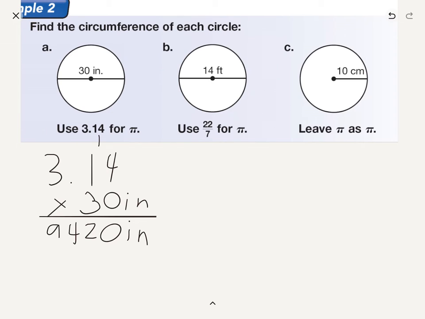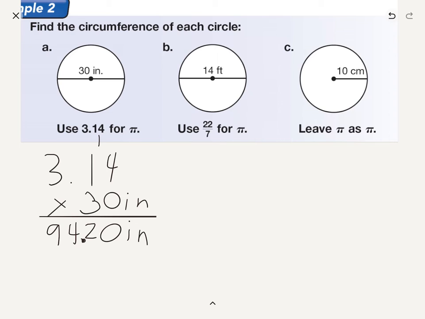4, 9. I've got my 2 boingies there. Okay, gets me to there. Yes, I don't need the 0, but I don't feel like erasing it. Okay, so 94 and 2/10 of an inch would be the circumference, the distance around the circle. Okay, so why would you use